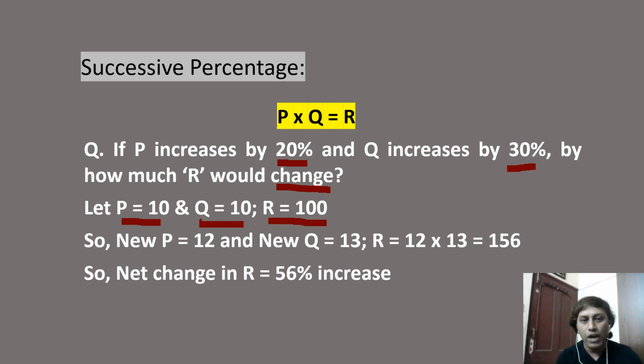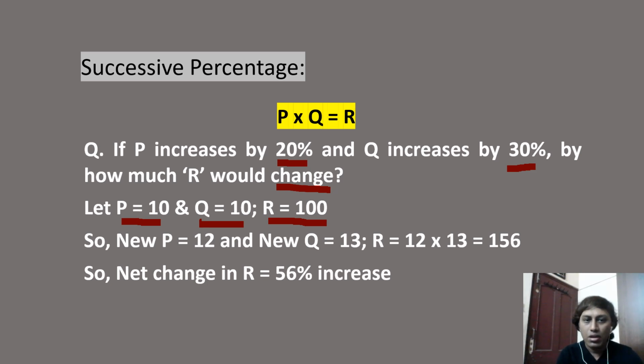Now many of you must be arguing, why not other values? Guys, you can take any value because finally you have to calculate the percentage change in R. So initial value doesn't matter. You can take any value you wish to, but to make the calculation easier, I am choosing this value so that R is 100 and then calculating percentage would be easier. It can be mentally done. For example, if R initially 100 finally becomes 125, so percentage change is 25, right? That is the reason, nothing else.